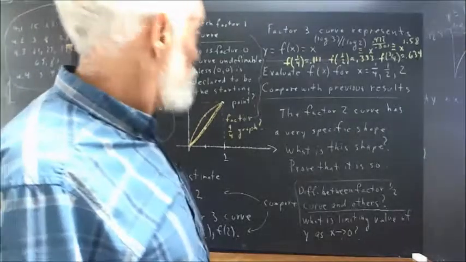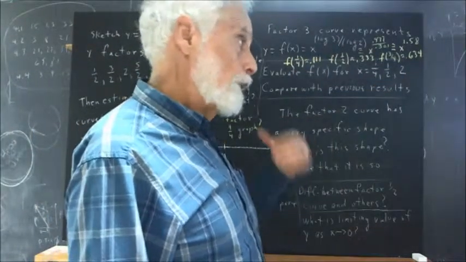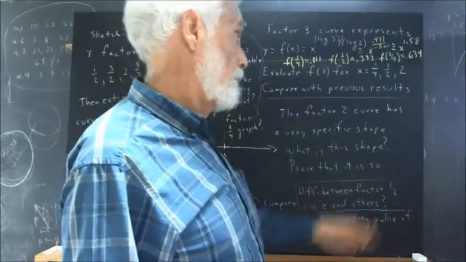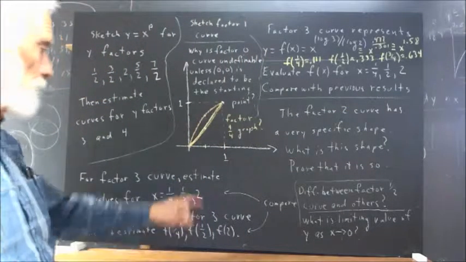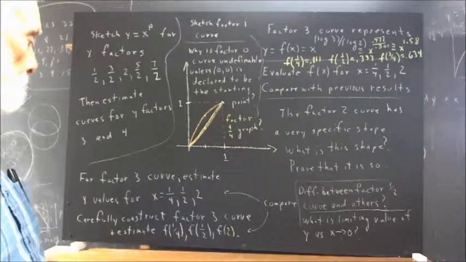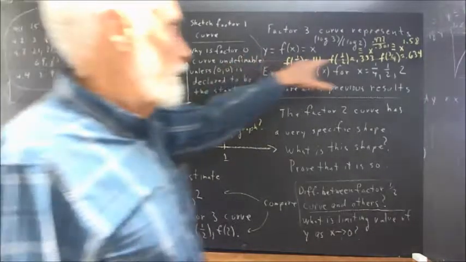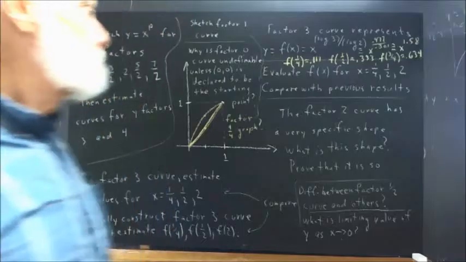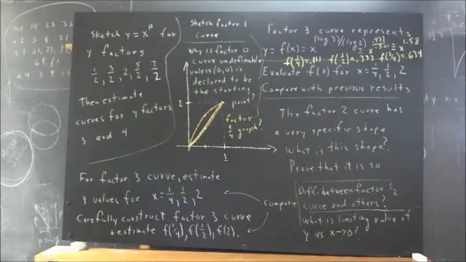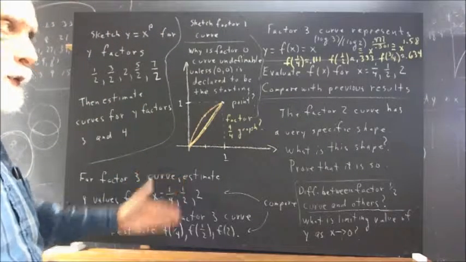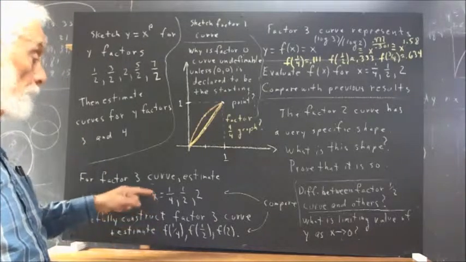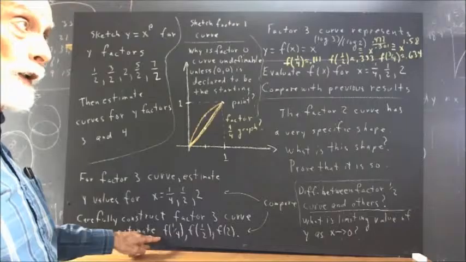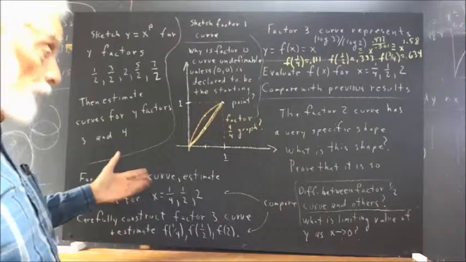Okay, so if you didn't get that, you should run through that, make sure you understand it, and evaluate this for x equals 2 as well, and compare with the estimates you made here. Now, having obtained these 3 significant figure results, you can see how well you did in your estimates. Theoretically, this ought to be more accurate than this because this curve was carefully constructed and this was just estimated